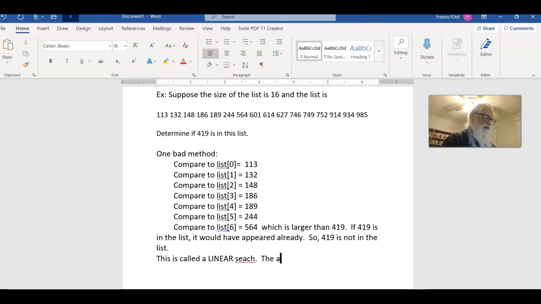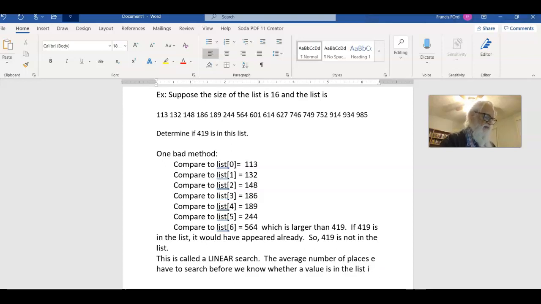The average number of places we have to search before we know whether a value is in the list is,